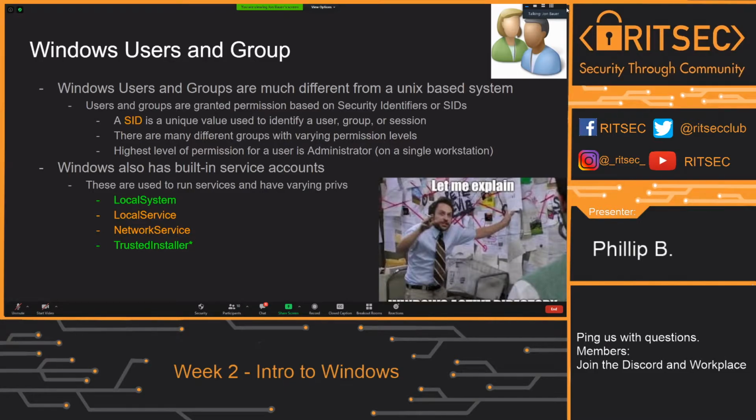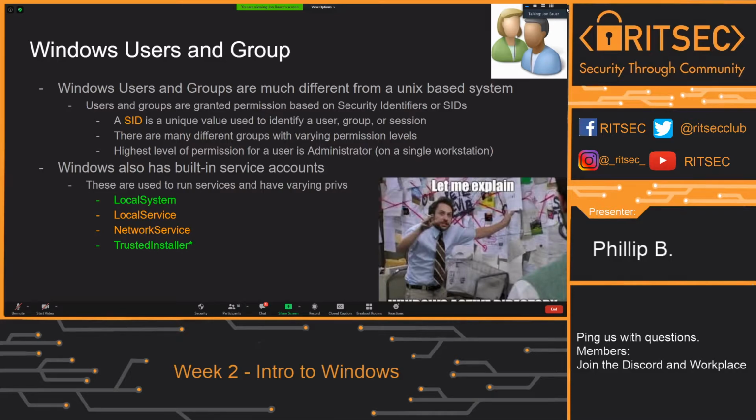These users are used by the SCM, which is the Service Control Manager, and we'll get into that. There's a whole slide about services. This is what Windows uses to install services, install different programs, run certain programs. These users have minimal privileges. They cannot do everything. If you have a service, you want it to have least privilege. You don't want those services to run things that they don't need to be running. And that's what these users are for.